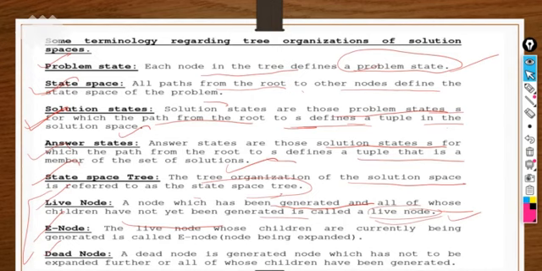But an e node is a node whose children are currently being generated, the node being expanded, which can be extended further. And a dead node is a generated node that is not to be expanded further, because there is some restriction criteria or condition that stops those nodes from expanding further.